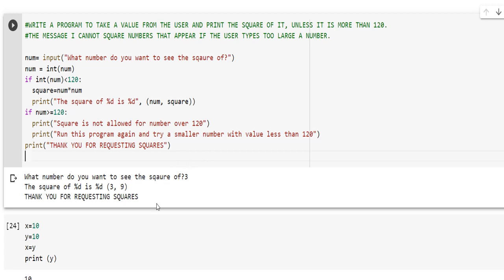Now let me quickly explain to you the normal equal to and the double equals to. The most common mistake in mixing the normal equal to and the double equal to operators is being explained by me now.